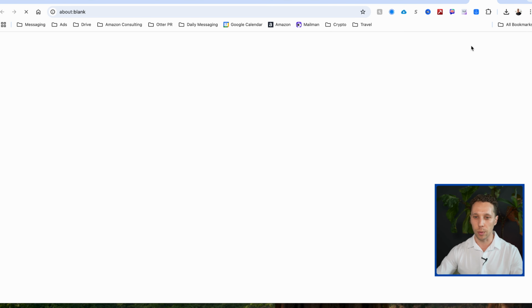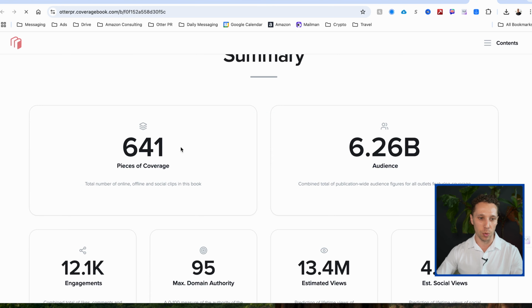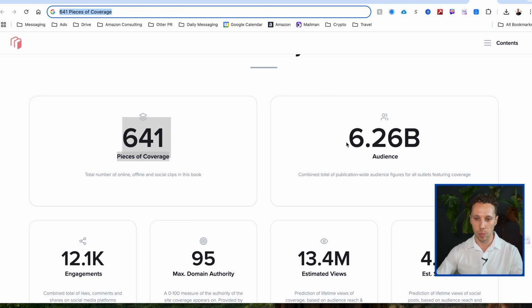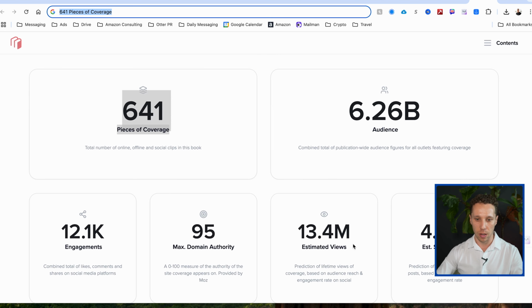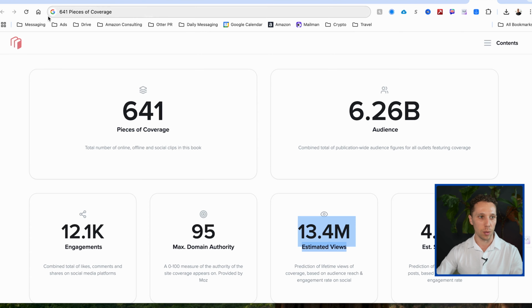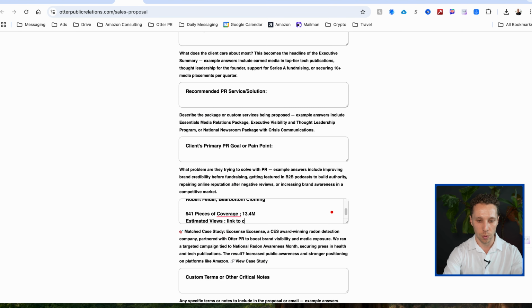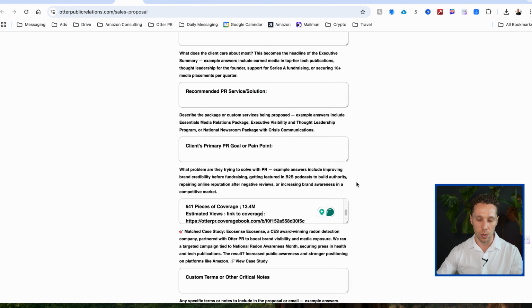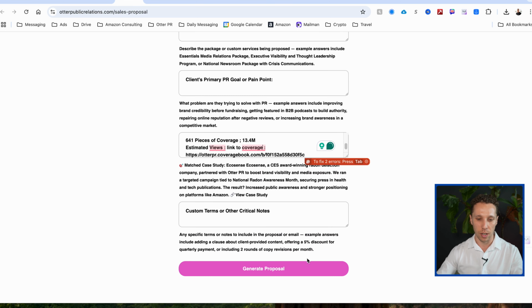So we're kind of going a little bit deeper. This obviously doesn't have much to do with the process. We're just showing you what's possible. So I want 7 pieces of coverage. And then views. And then I'm going to give them the coverage book and see what they come up with. This doesn't have to be perfectly formatted or even spelled because the AI is going to fix all that. So now hopefully this all works. And I'm going to